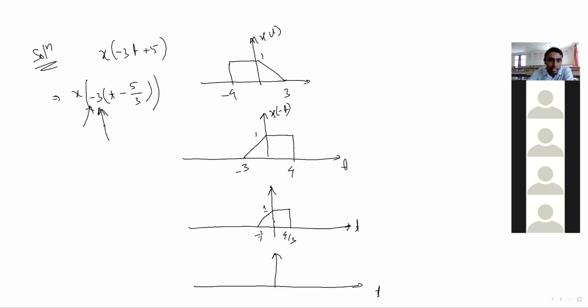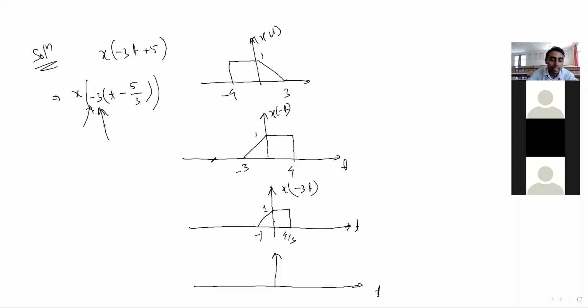Shifting how much? Is it left shifting or right shifting? Please respond, anyone. Left? Left shift, sir. Wrong. Why is it left? Right shift, sir. Right, minus means shifting to the right side. Yes, it is inside the bracket. The minus is there, no? That's why it will be right shifting.